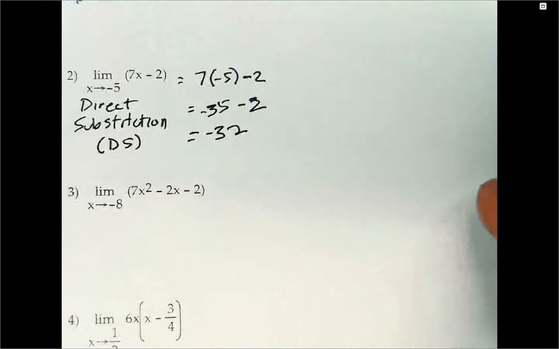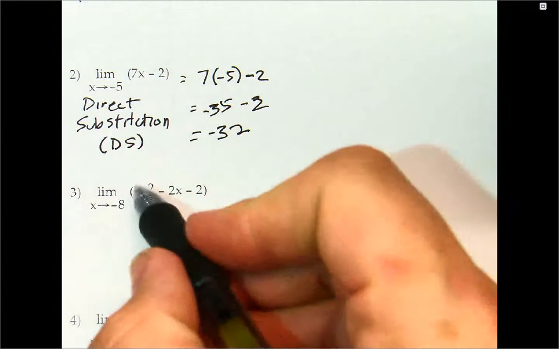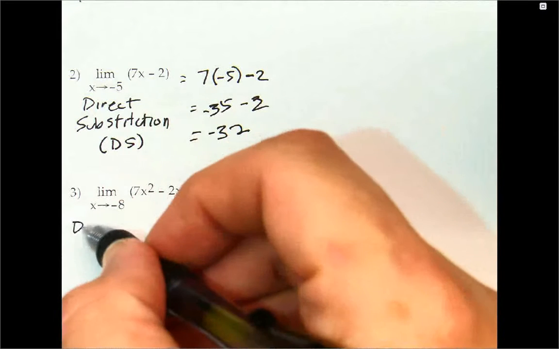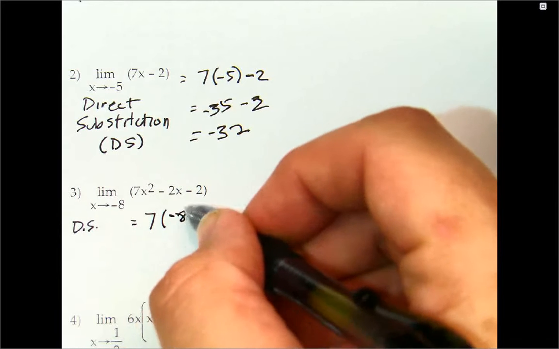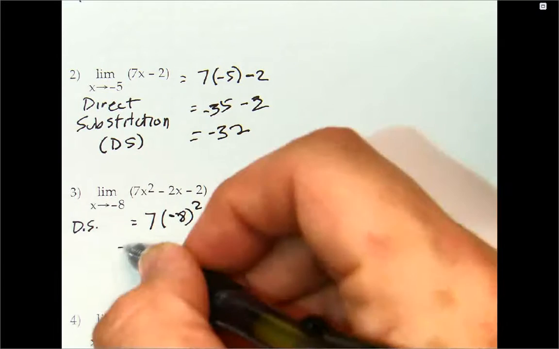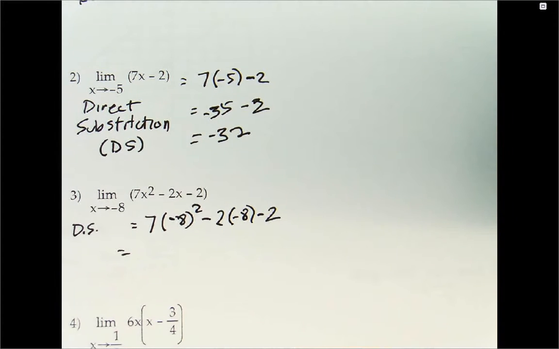Number 3, limit as x approaches negative 8. Another direct substitution because we have a polynomial. We just need to do direct substitution. So this is going to be equal to 7 times negative 8 quantity squared minus 2 times negative 8 minus 2. So by using our calculators here at this point, or if you don't have calculators, we will get